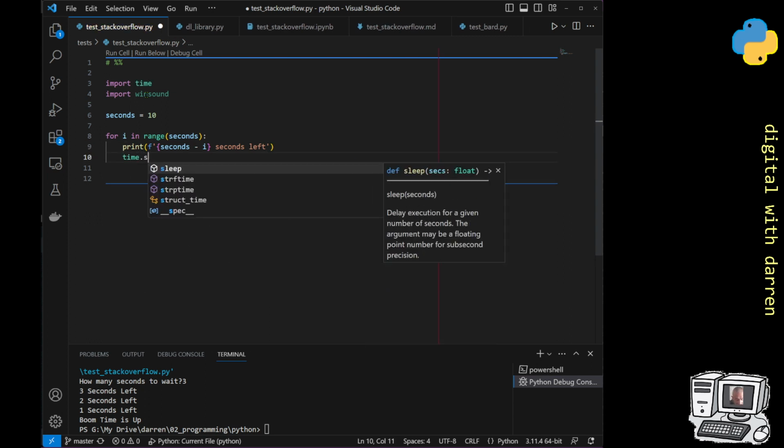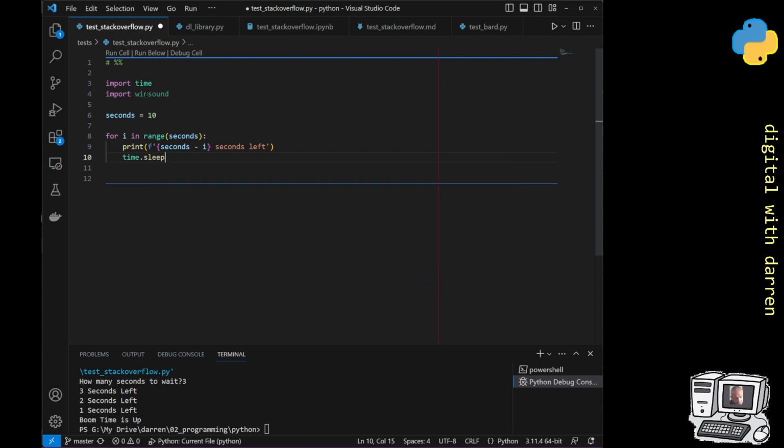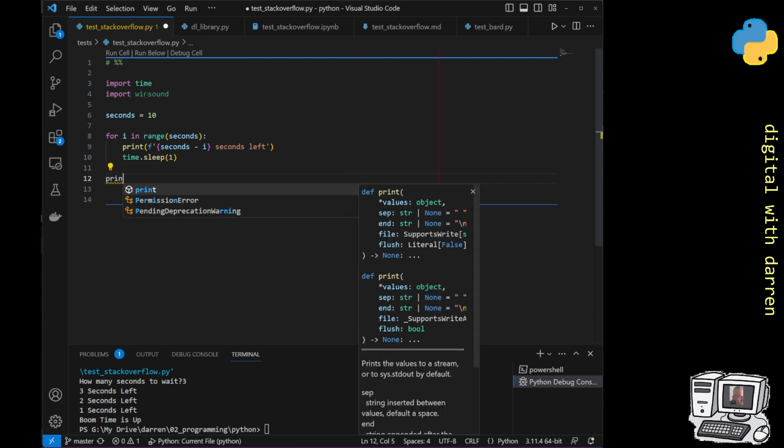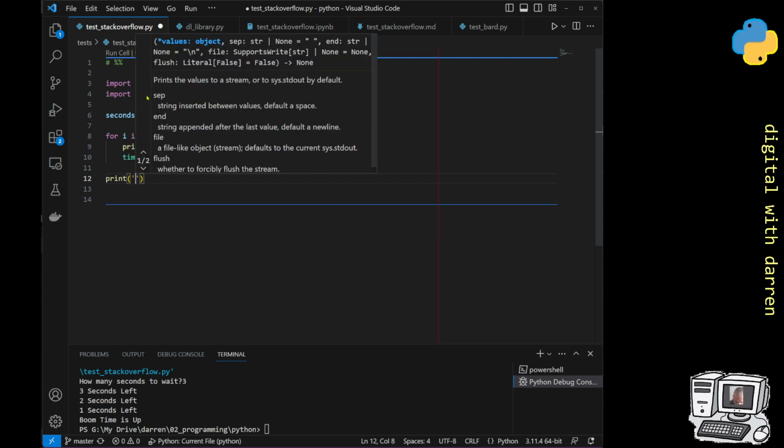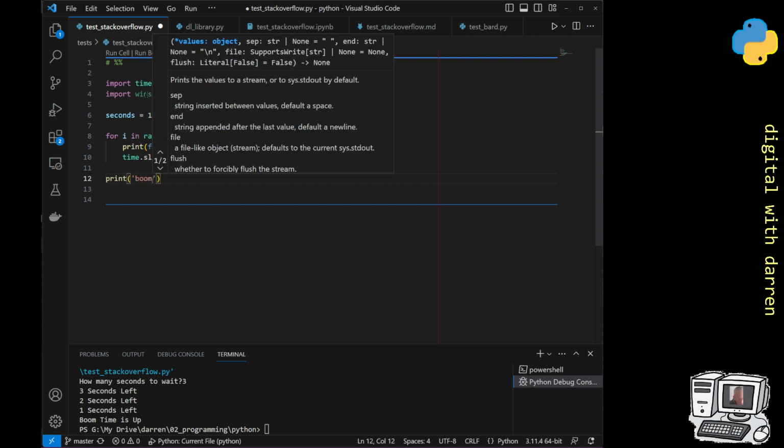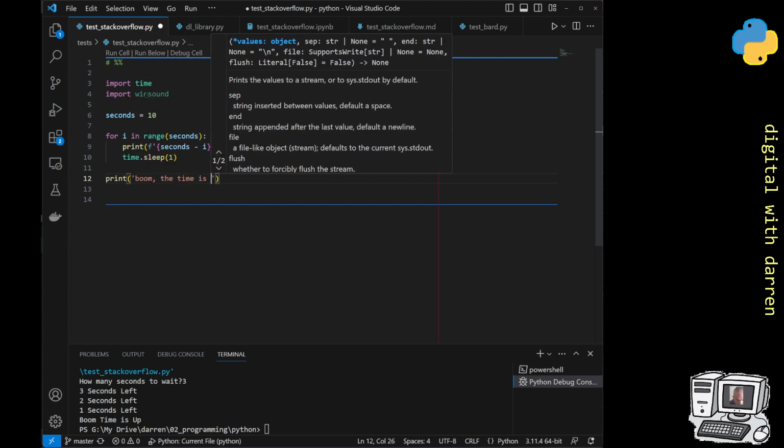Time dot sleep, so we make the PC sleep for a second. Time dot sleep 1, and then outside of the for loop, print "Boom, the time is up,"